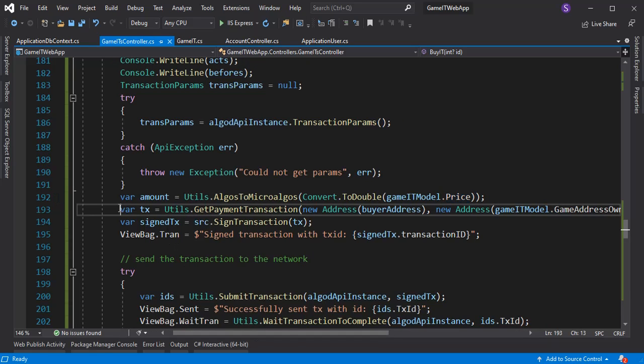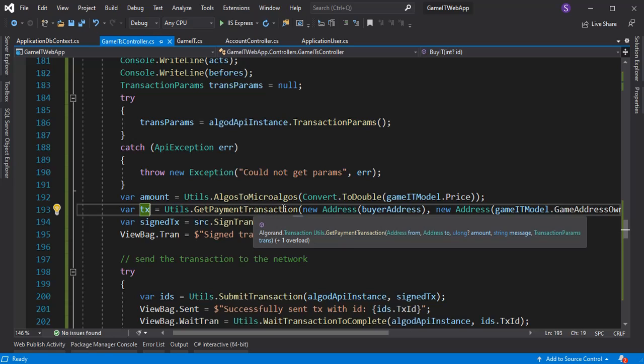Now we have a variable tx. Tx, in short, means transaction. So we still have our utils.getPayment transactions. All right, so let's hover over the get payment transaction and see what it's all about. This is the initial method that will handle the whole transfer process of